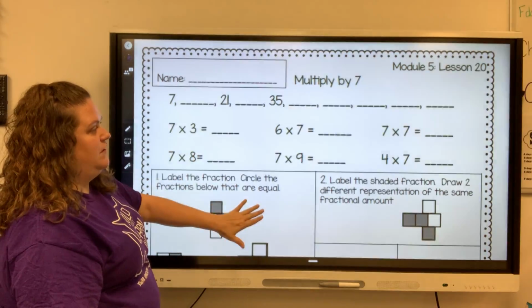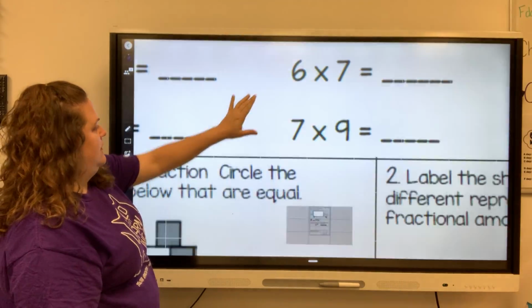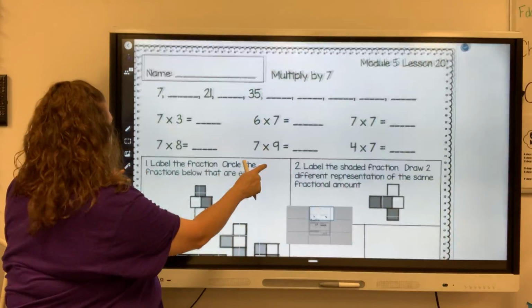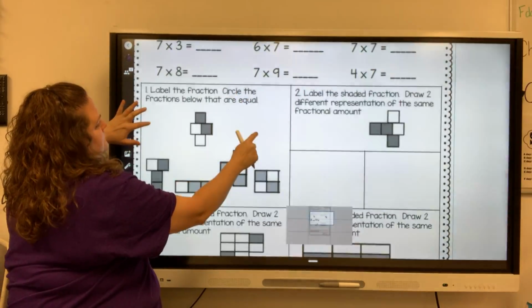So I'm going to let you do the multiply by yourself. I'm going to slide this up. Oops, that made it really blurry. I just wanted to slide it up a little bit. All right, so